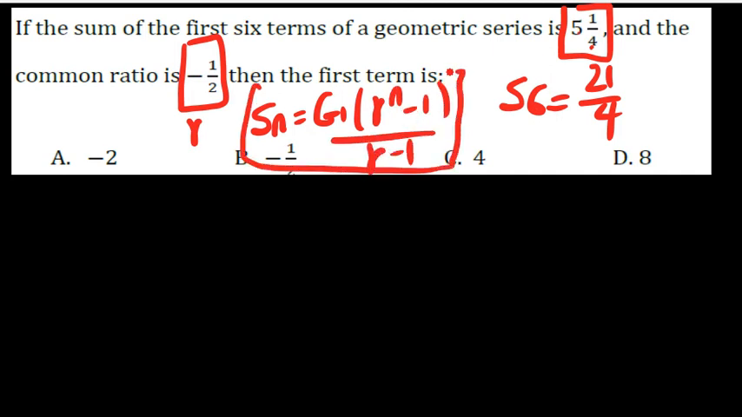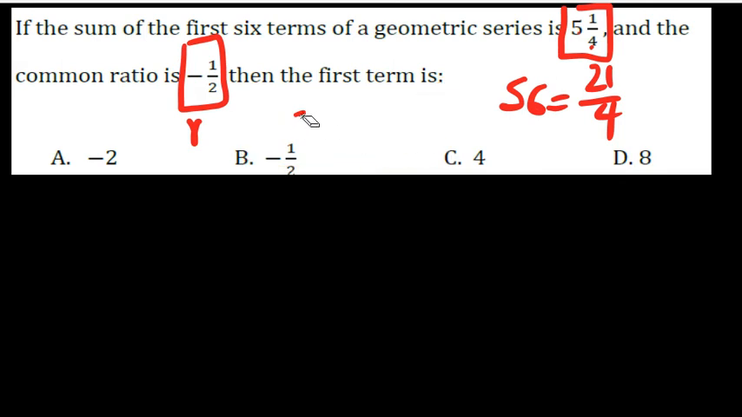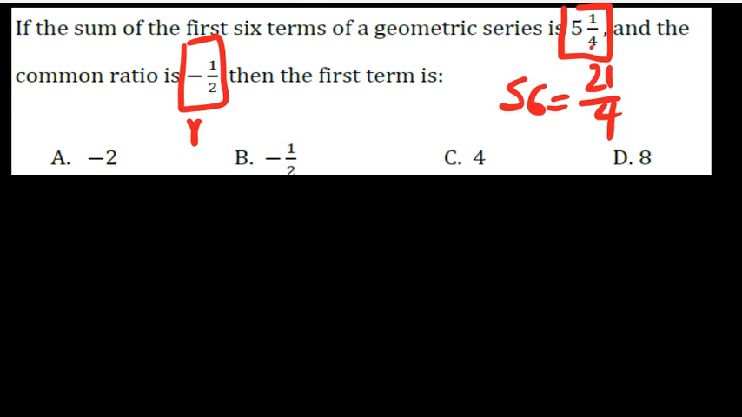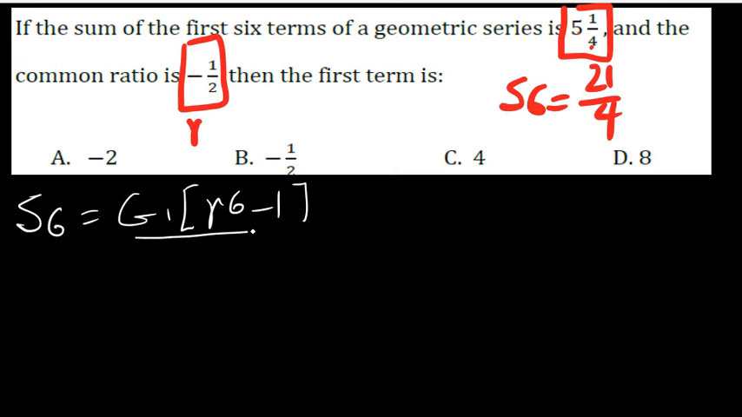So we'll substitute into this formula. Okay, let's write it down. Everything we have, we write it down. Okay, let us change the color. So the sum of 6 is the same as g1 in brackets, r to the power of 6 minus 1, the whole over r minus 1. The sum of 6 is given to you already, 21 over 4 is equal to g1,